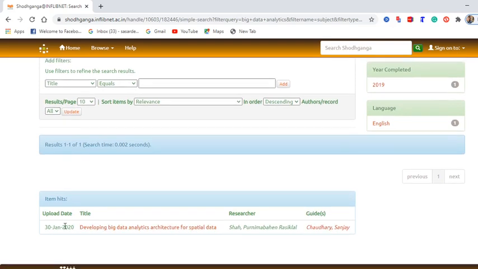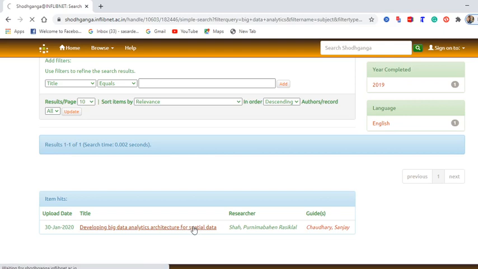Okay, this is the thesis, developing big data analytics architecture for spatial data, 30 June 2020. On this date it is uploaded. It has the name of the researcher, Shah, and the guide. In this way this metadata has been created here.